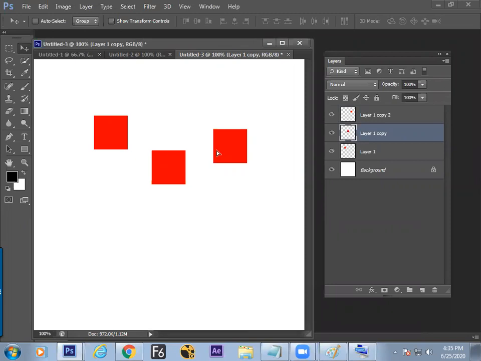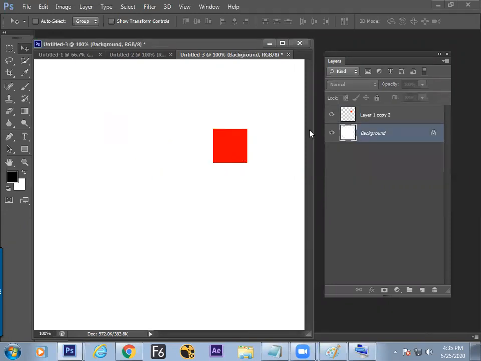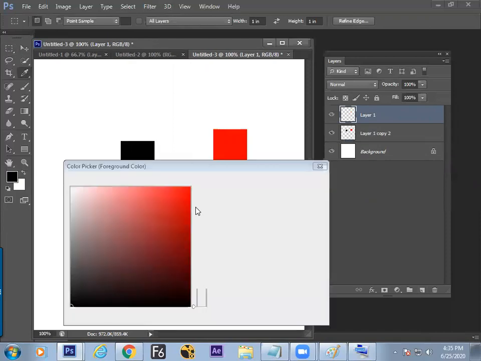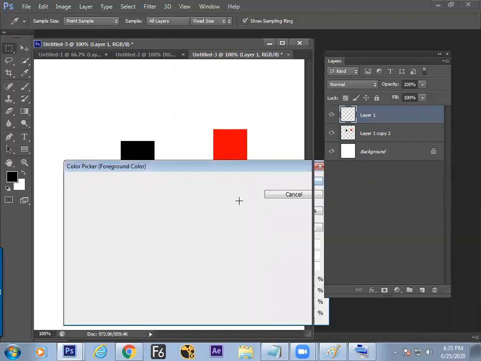Now once the selection is done, then you can move it anywhere. Like let's make another box with a different color. Again a new layer, another box with a different color.